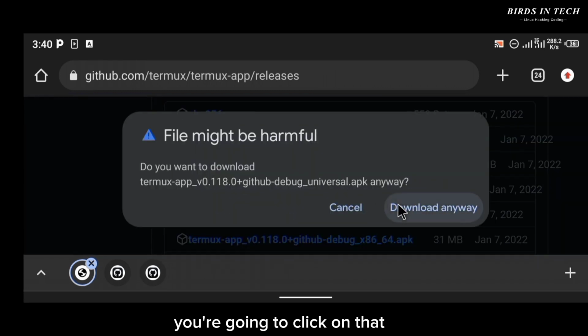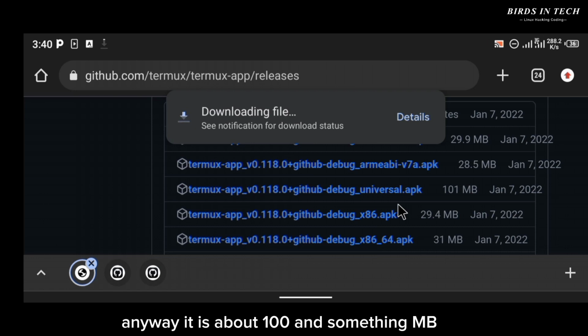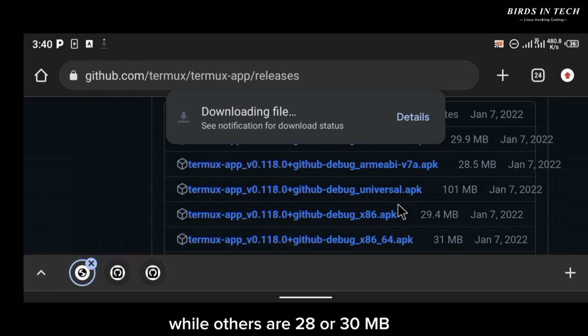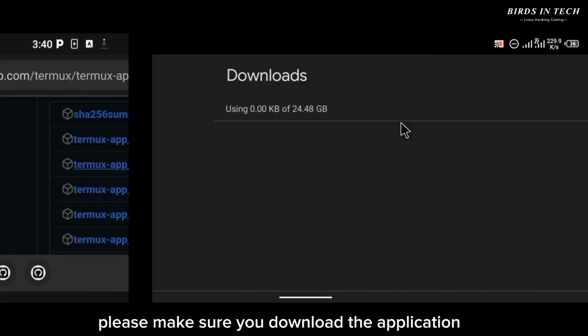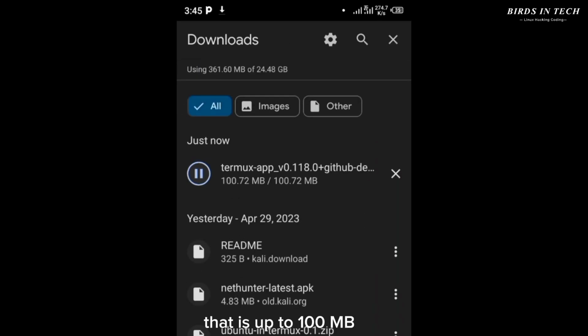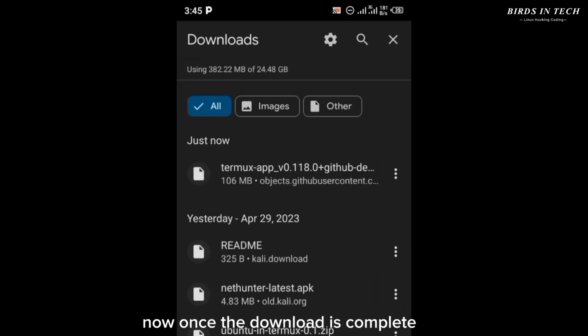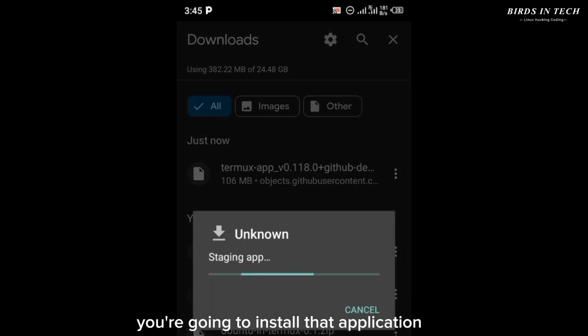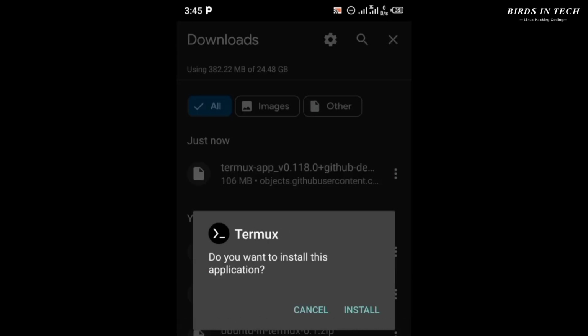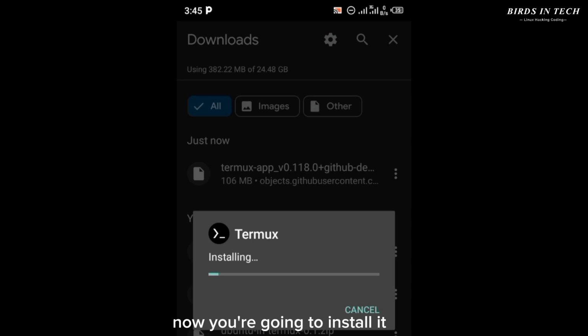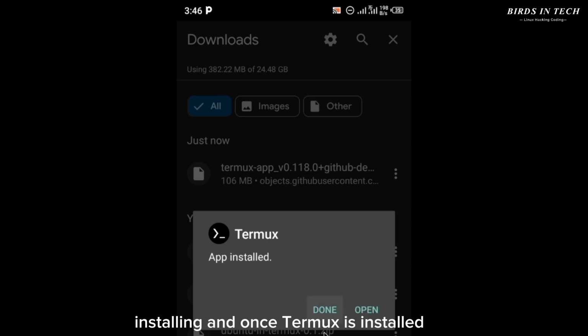So you're going to click on that and you're going to click on download anyway. It is about 100 and something MB, while others are 28 or 30 MB. So please make sure you download the application that is up to 100 MB, which is the universal application. Now once the download is complete, you're going to install that application. Okay, so installing, and once Termux is installed,